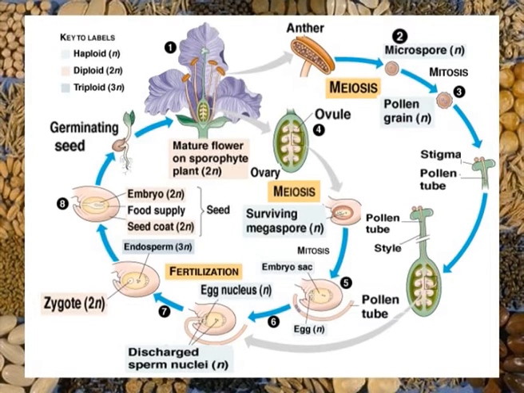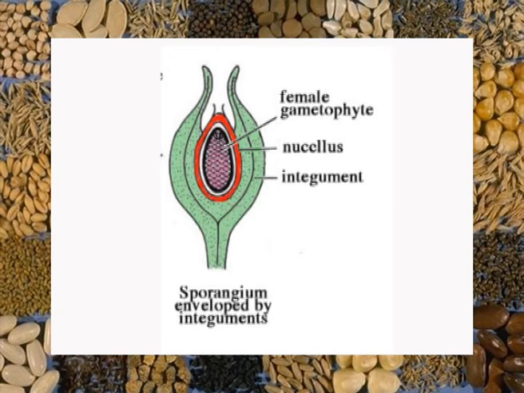But before that, you need to keep in mind that all seed plants are heterosporous. Female spores give rise to the female gametes and male spores give rise to male gametes. The megasporangia produce megaspores, the female, and the microsporangia produce microspores, the male spores. And the megasporangium is enveloped by a layer of tissues called integument, and the whole structure, the integuments plus the megasporangium, is called the ovule.